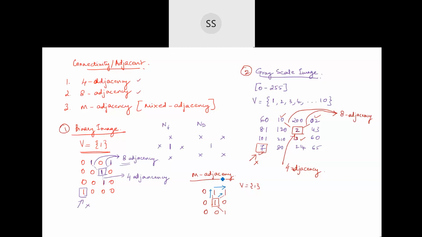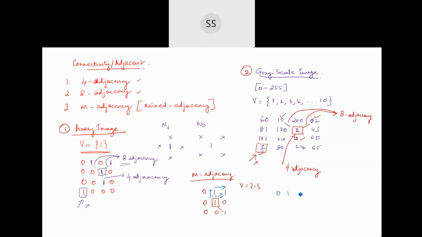It says that if you have a straight line connectivity here, then we cannot have a simultaneous diagonal connectivity. You cannot have a simultaneous diagonal connectivity. See here, there is a straight connectivity, and at the same time, a diagonal connectivity is also being established, isn't it? So that cannot be done. These two things cannot be done. So in that, how can you connect?